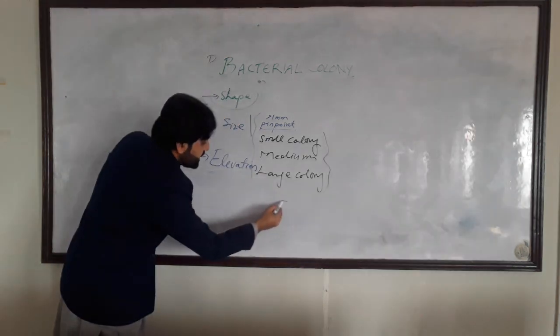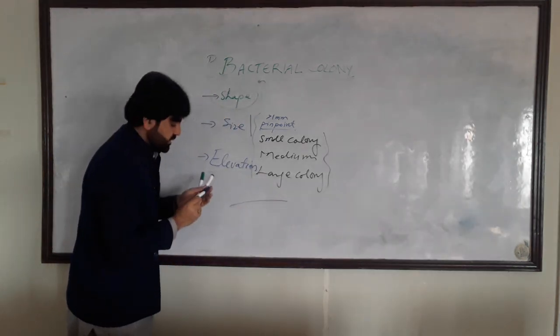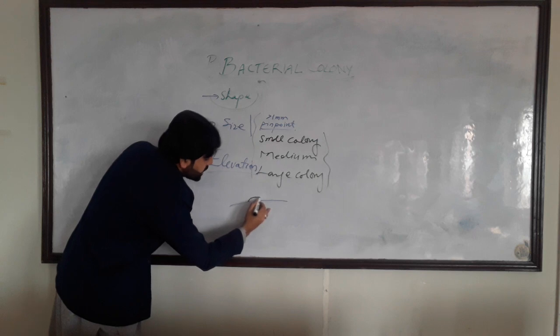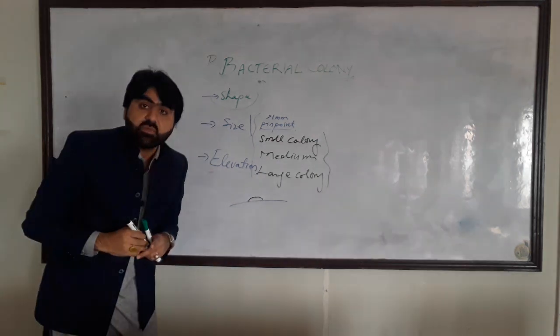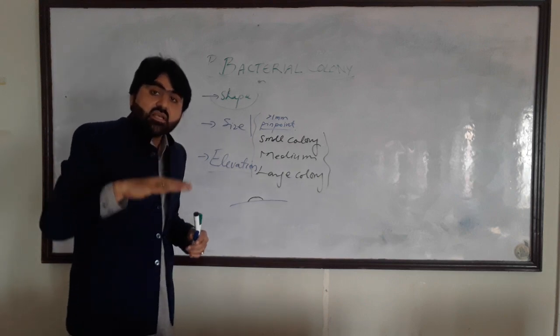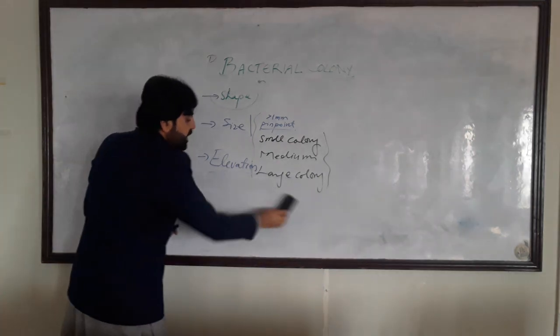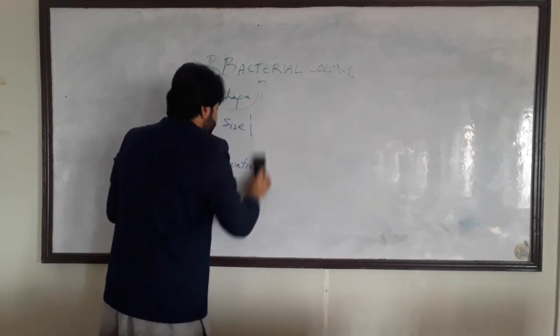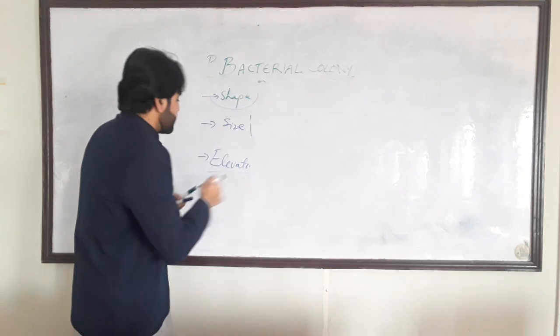If this is the surface of the medium, here you can see how the colony rises from the surface upward. This is the elevation of colonies from the surface of the medium. Again, there could be different elevations of colonies from the surface of the plate,